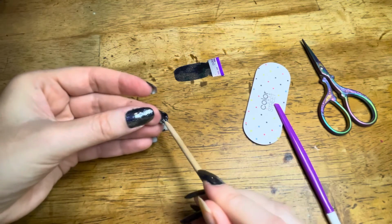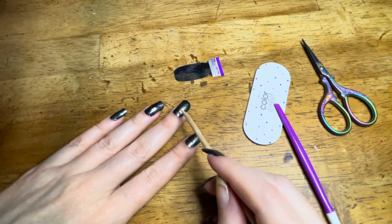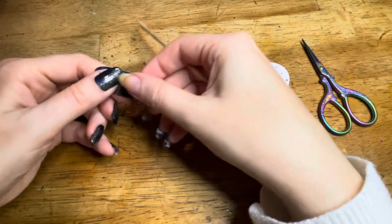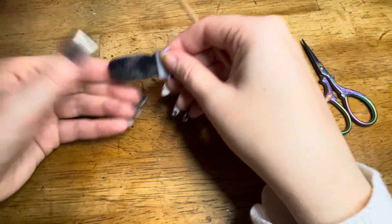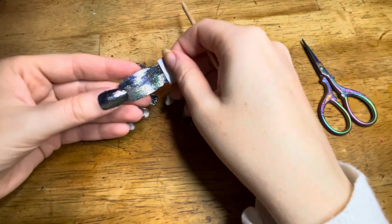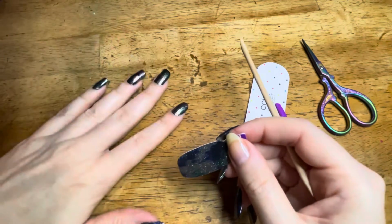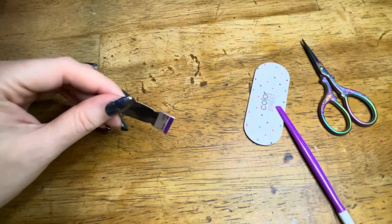If I want to have some longevity out of this mani, the best thing to do is to double your strips. I would do another strip over the top, or if your nail's short enough, you can just use both sides of a strip for each nail. Or if you don't like to do that, like I don't, go ahead and get yourself some Clear as Day and put the Clear as Day over the top after you do your mani, and then your top coat or whatever, and that, I guarantee you, you're gonna get 10 days out of your mani,